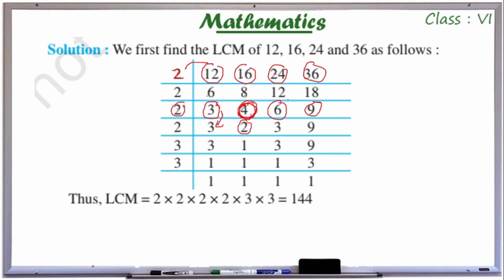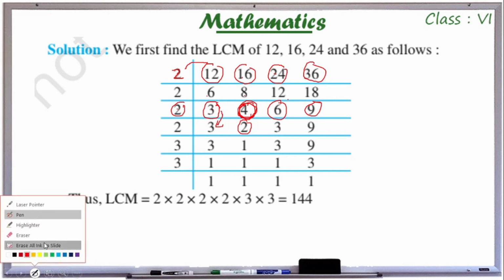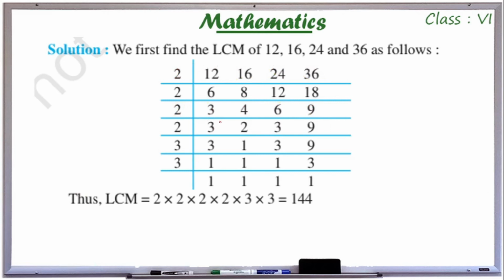So like that you have to finish, and we reach this step. And since 3, 2, 3, 9, check for 2 whether 2 is possible. Yes, since here is a 2, we can divide it with 2. So now change for 3. 2 by 2 is equal to 1. 3 by 2, which is not possible, so directly write 3. 9 by 2 is also not possible, therefore write 9.